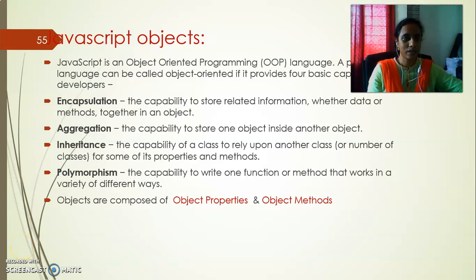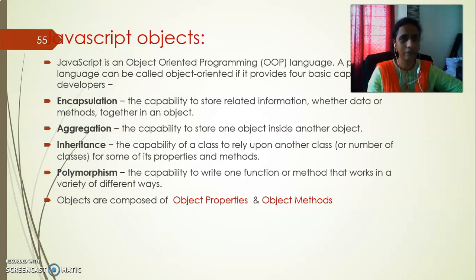Let's start up with JavaScript objects. Last class we have seen in detail about all the JavaScript functions that the user is able to define, right? User defined functions we have seen. Today let us get into the object oriented programming concept in JavaScript. We are not going to start again with abstraction, aggregation, inheritance, polymorphism, unlike in Java.